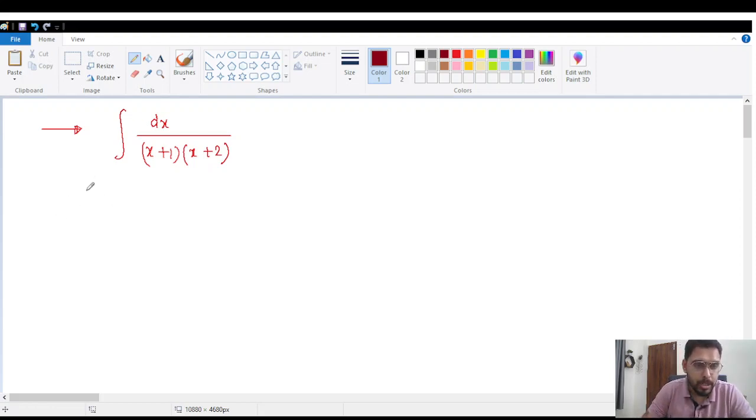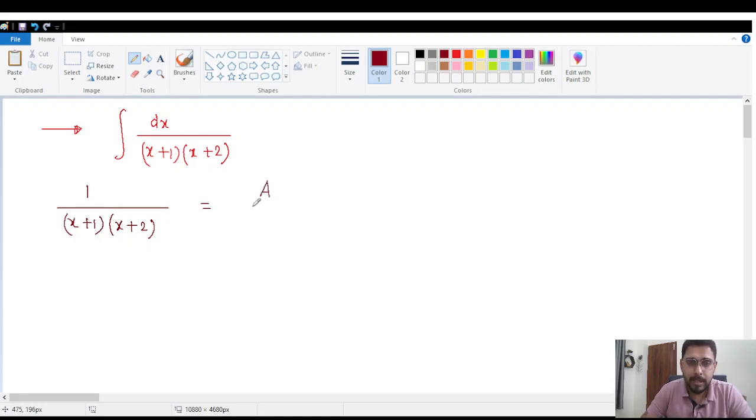If you relate to the forms of partial fractions which I have given, you can see that the denominator has two linear factors which are not equal to each other. So this is a case of distinct linear factors, and in distinct linear factors what we do,